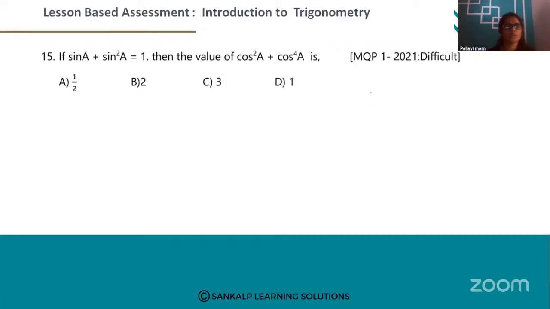Look at the question number 15. If sin A plus sin square A is equal to 1, then the value of cos square A plus cos raised to 4A is. So ಇಲ್ಲಿ ಕೊಟ್ಟಿರುವ ಇಕ್ವೇಶನ್ ಏನಿದೆ ಹೇಳಿ ಮಕ್ಕಳೇ, sin A plus sin square A is equal to